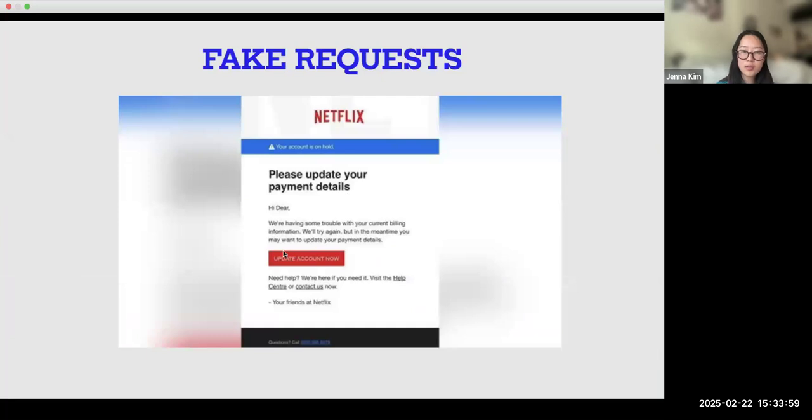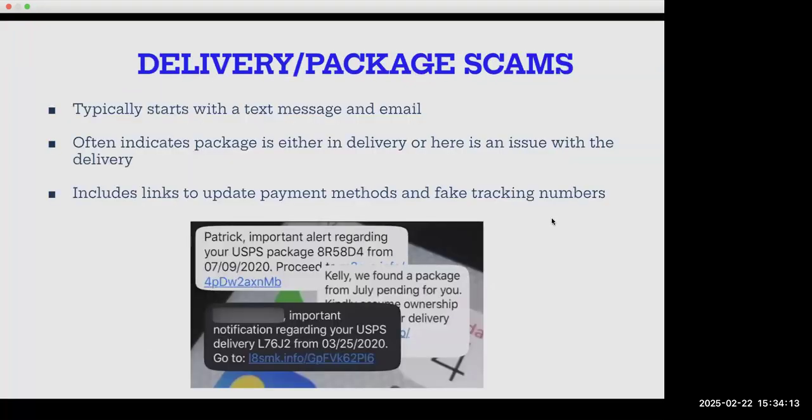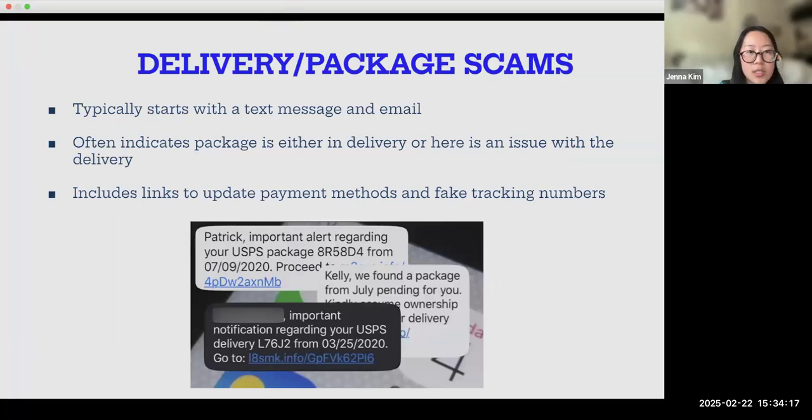Okay, and then another example is one from Netflix. If we look at the address, it says "hi dear," which is, again, not personal to the person that is likely receiving it. Okay, and then another very common one that I've seen in the chat, I think someone mentioned it, is a